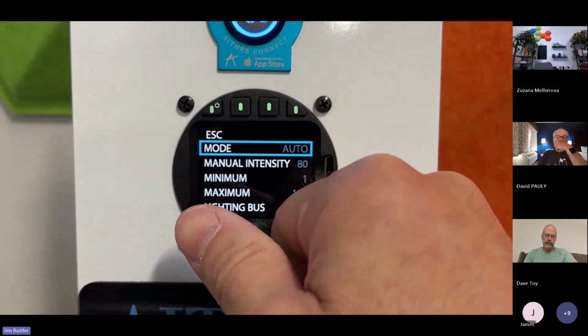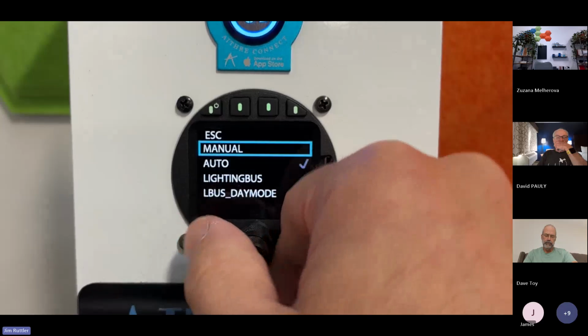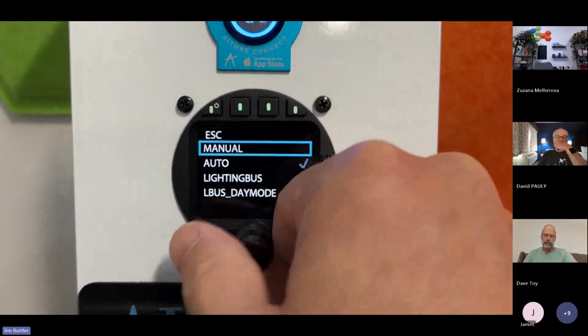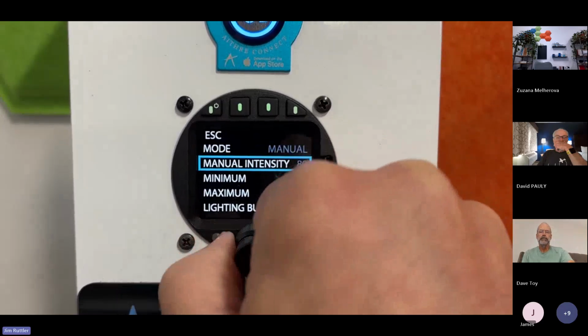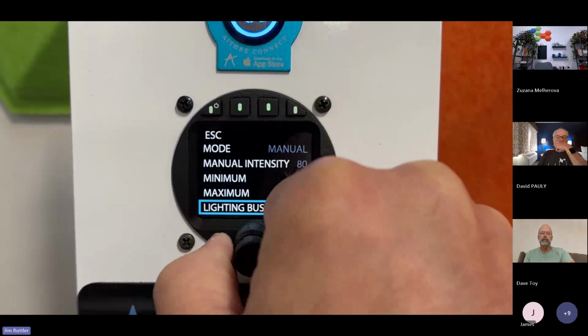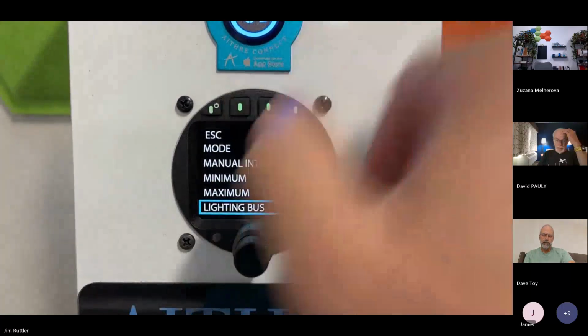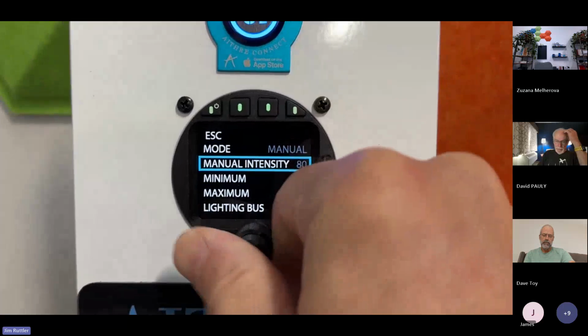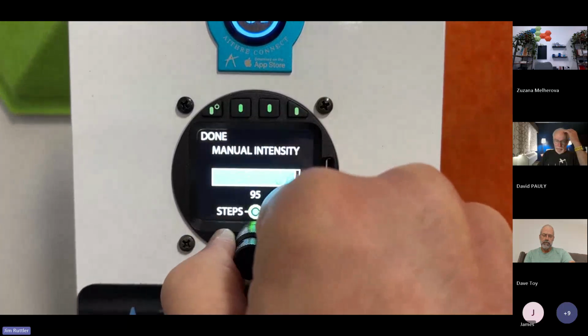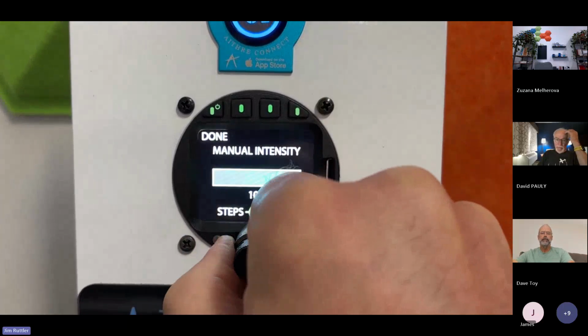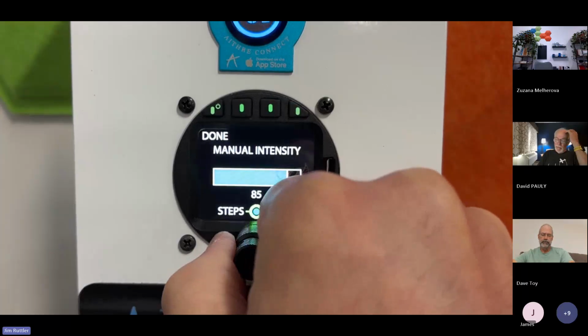Just for purposes of the presentation, I'm going to go ahead and set it to manual. But do note that you can do auto and you can hook it up to a lighting bus if you like, an independent lighting bus. So I've got it on manual and I'm going to bump up the intensity. The intensity of these is just wonderful. Air Avionics got their start in the glider community, and